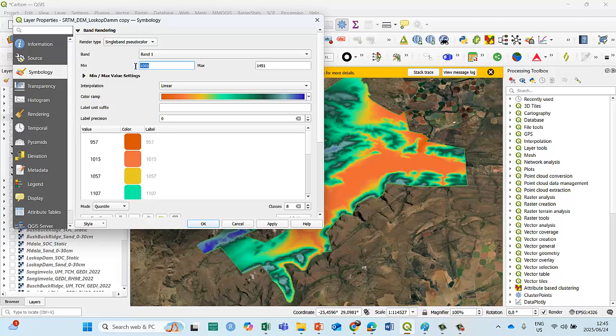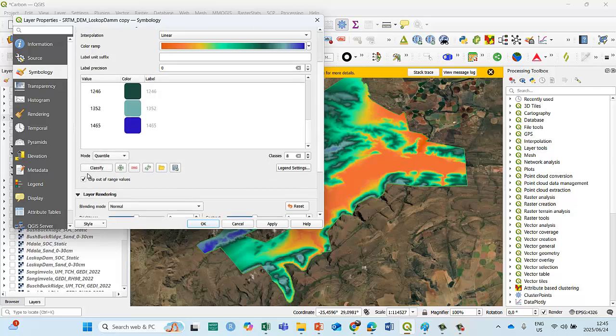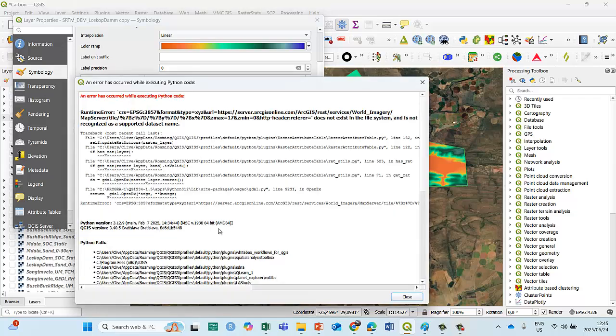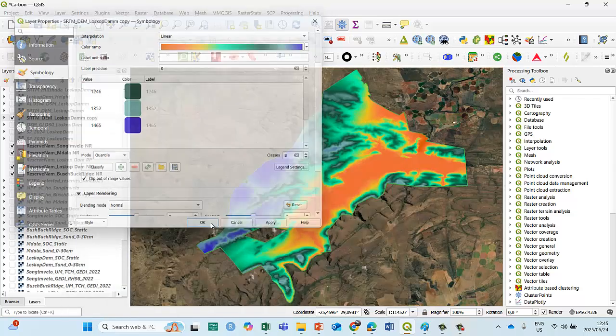And minimum, let's make it 1,300. And then I'm going to say equal interval. Why is it doing that? And then I'm going to say clip out of range. It's supposed to.